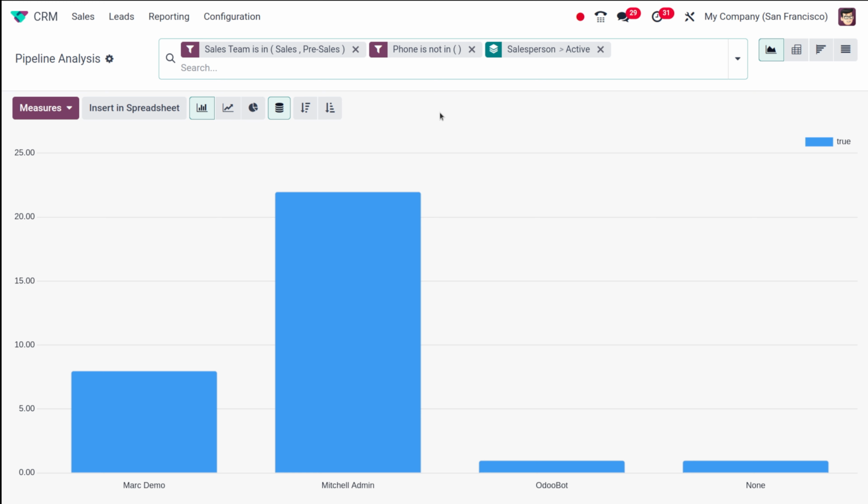So for that, you have to click on the down arrow, and under favorites, you can select and save the current search. So this actually saves a lot of your time, and you can clearly give the name as quality leads report and then save it. Okay, so now whenever you want to see this report, just go to your pipeline analysis, click the favorites icon and select your quality leads report. So it's that easy. And there you have it.